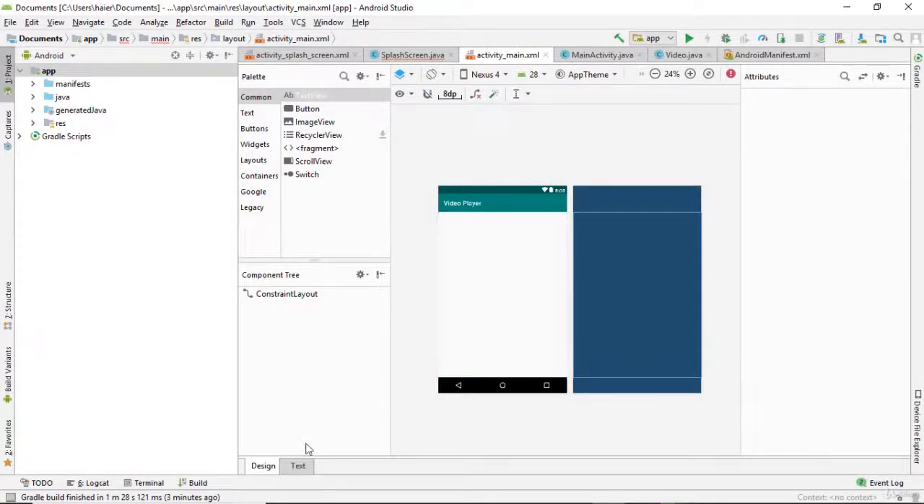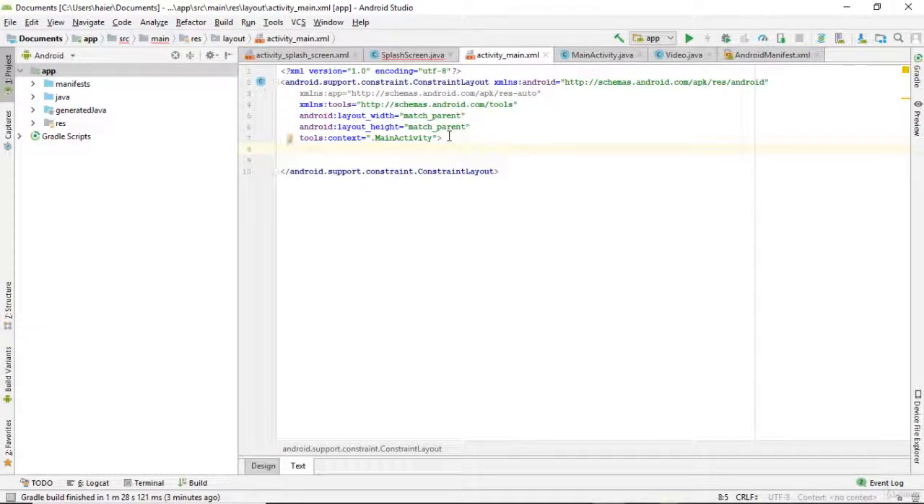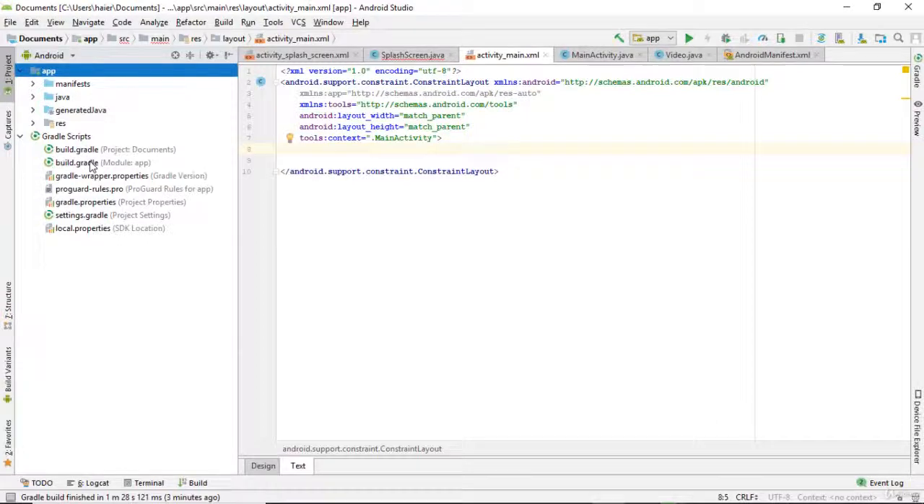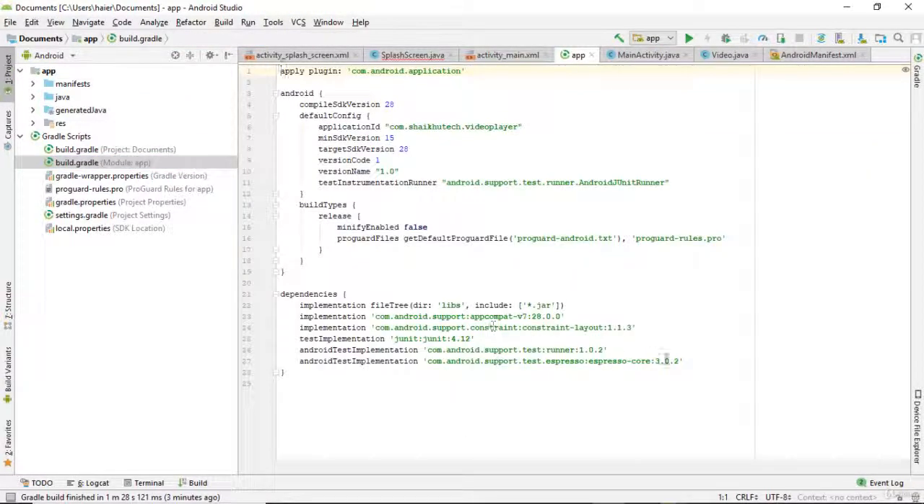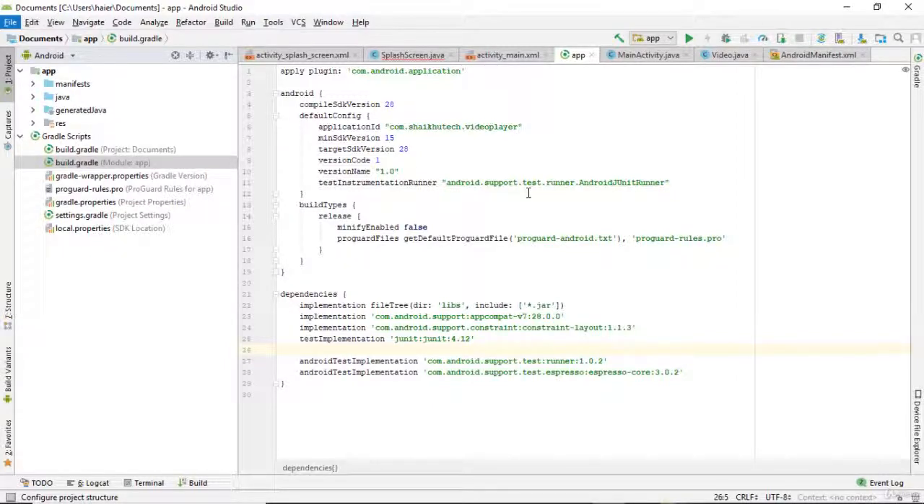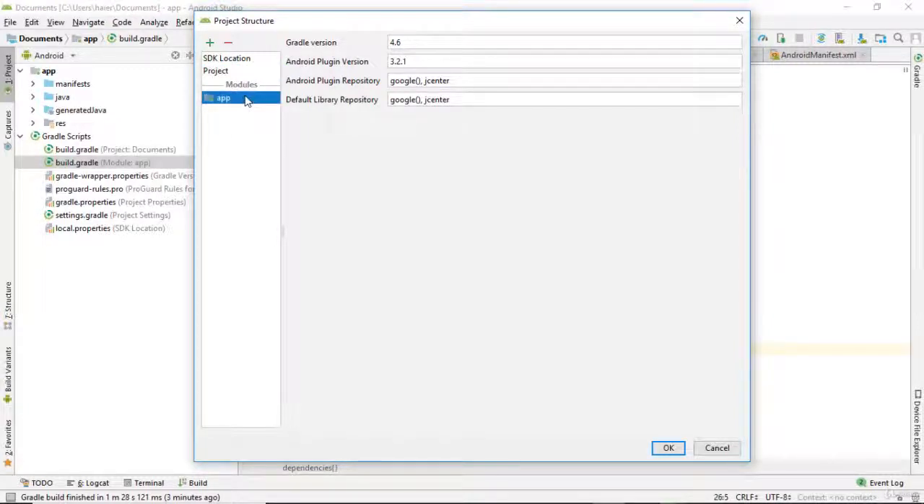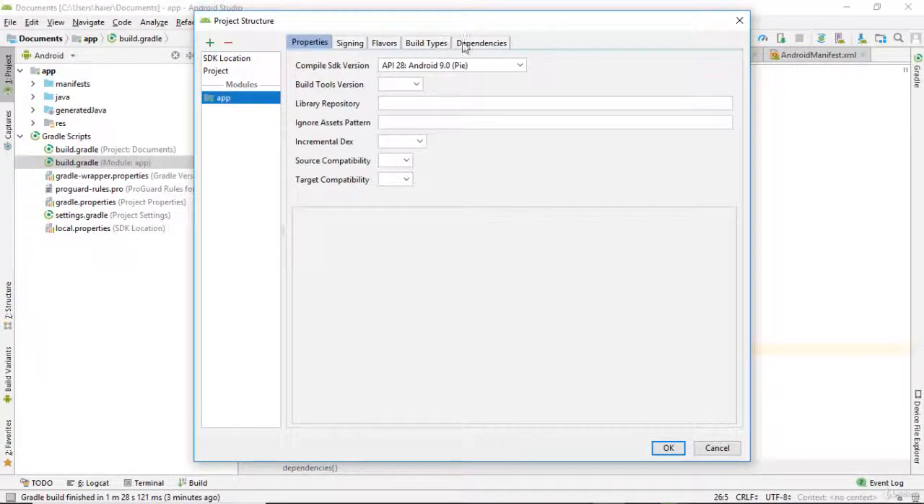and here we need to get the RecyclerView. You could use the ListView, but RecyclerView is better than ListView in performance, so I will be using that. For that I need to import that library. For that I'm going to File, Project Structure, and then in the project window go to the app window, just double click it and go to the dependencies part,